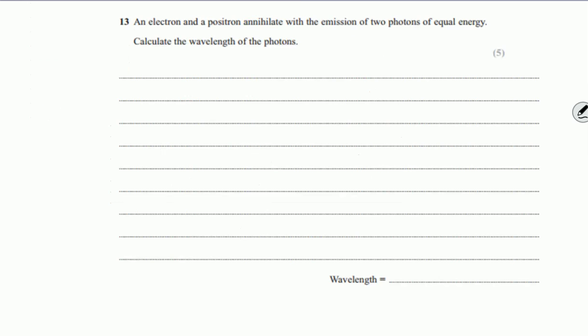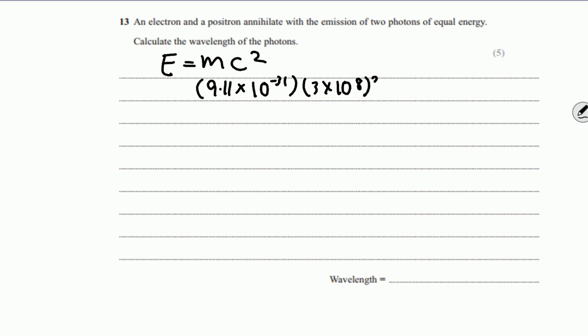Okay, so it has an electron, and it's split into two photons. Okay, so we don't need to worry about doubling our masses because although we've got an electron and a positron, they're forming two photons so each one photon will have the energy of one of the electron and positron. Okay? And so